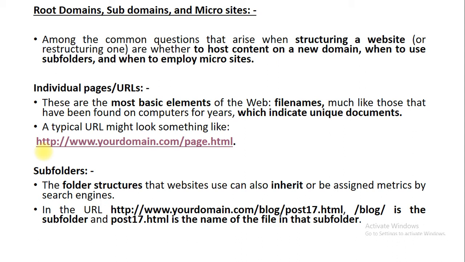Now the first term is individual pages and URL. What is the concept of individual pages or URL? First of all, you need to take an example of a URL. Inside the URL, separate individual pages. Individual pages are nothing but the pages which are related to the website, identified with the help of a file name. In future also, when you want to retrieve that file, with the help of the file name you are able to access it from the computer. But remember one thing, that whatever the name of your file, it must be a unique document.